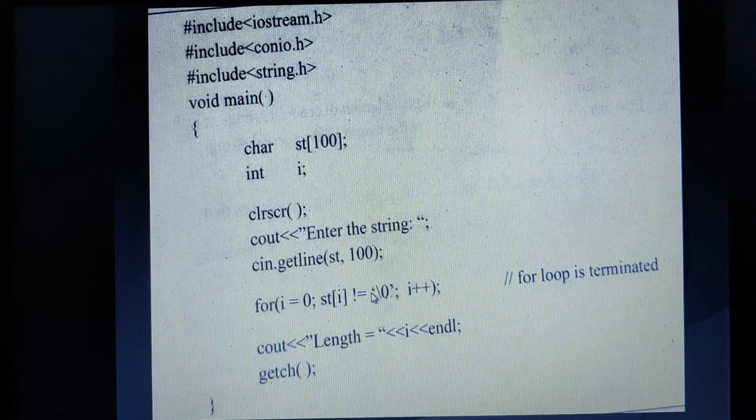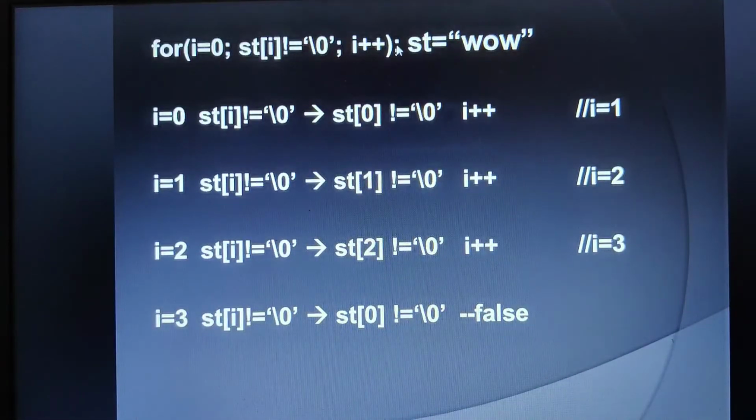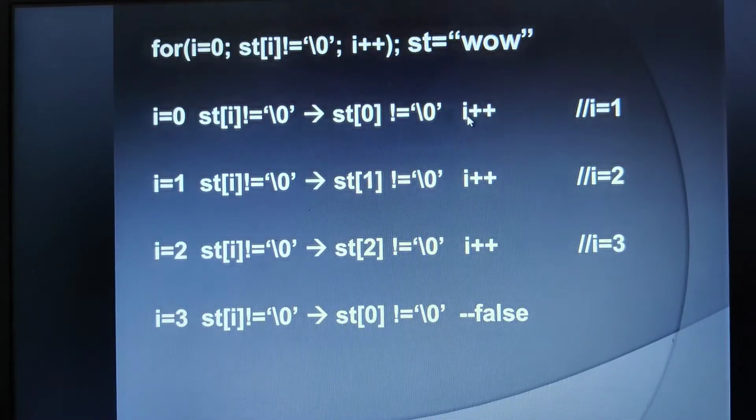Once the given condition fails, the control will come out of the for loop and go to the next statement. Now look at this particular example here. Since it has been terminated, control will jump to the third part, that is i++. Initially i was 0, now because it is incremented, the i value will become 1. Okay, once i becomes 1, again repetition takes place, isn't it?